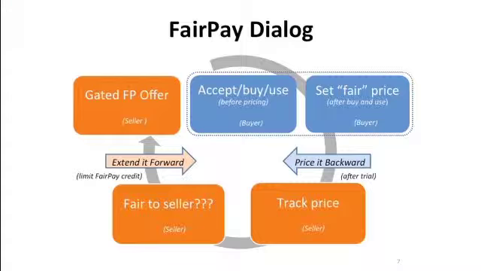So how do we use this? This is an architecture, the basic process. You can do variations, but the heart of it is kind of basic. You start with a gated offer of a given amount of entitlement for a given amount of time, on the upper left. You make an offer like a subscription, a month or 2 months, and you try it. The deal is you try it, see if you like it, and then you set the price afterwards as a fair price. That's like pay as you exit. I call it price it backward.